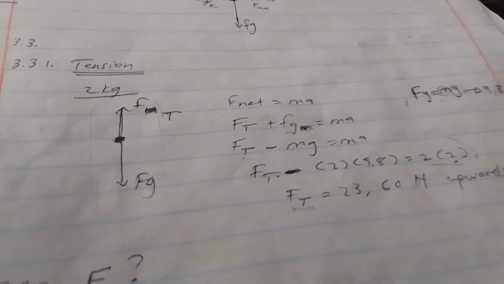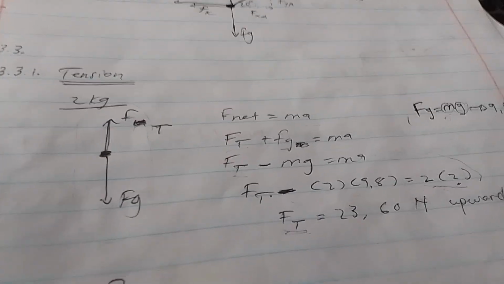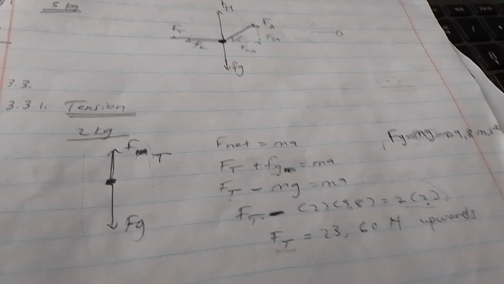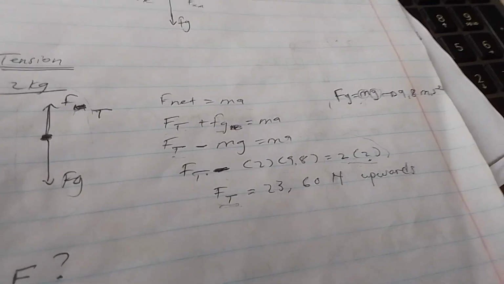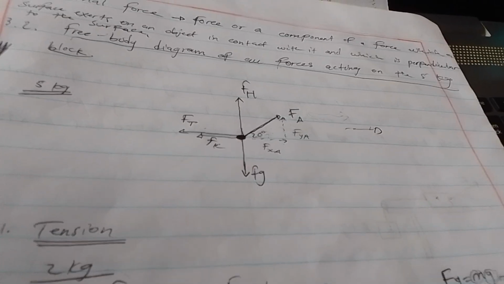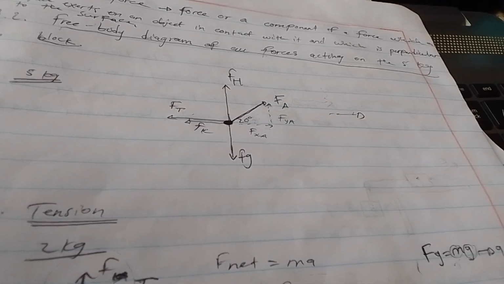But then we're asked to calculate the tension. If they say the tension, just the tension connecting the two blocks, I just leave it with their value. But if they say the tension on our 2 kg block, you will write the direction like upward, and then on our 5 kg block, you'll say maybe to the left, because that's where it is going. So okay,